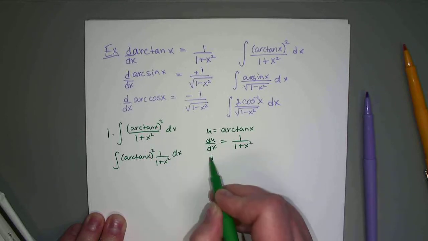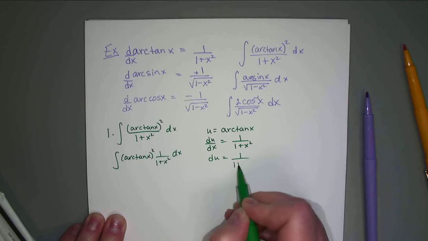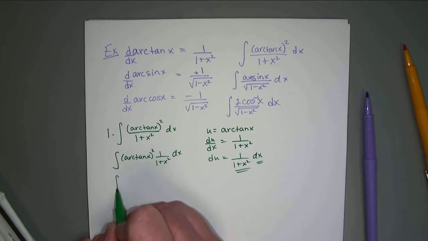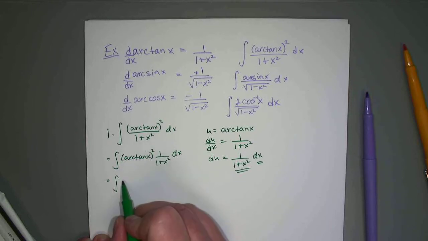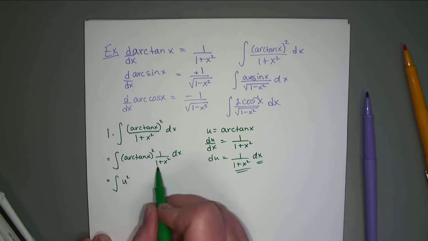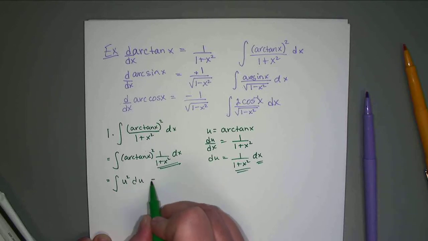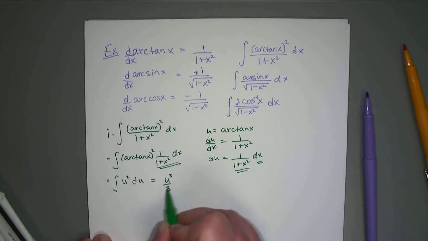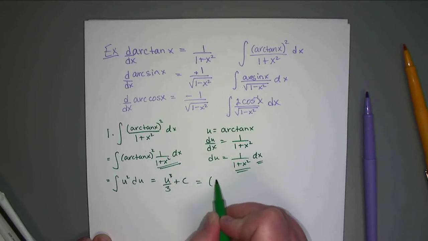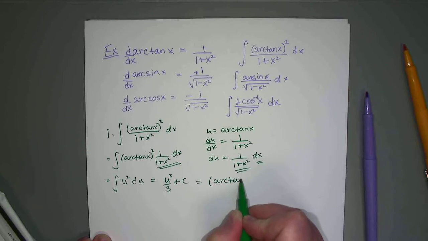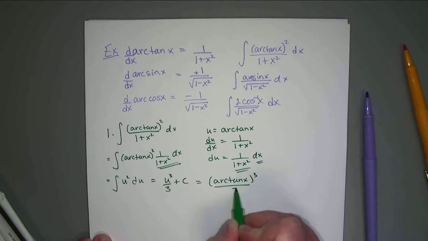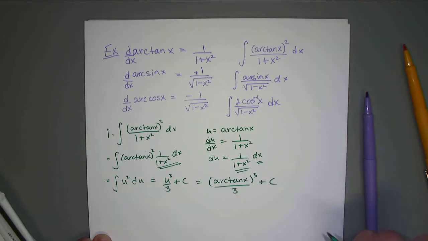So, and there it is. So this will be u squared, and this whole thing is du. So u cubed over 3 plus c, and u is arctan. Put it in a big bracket, and there we go. You could write the 3 as 1/3. The second one,